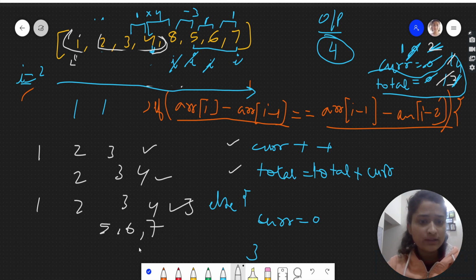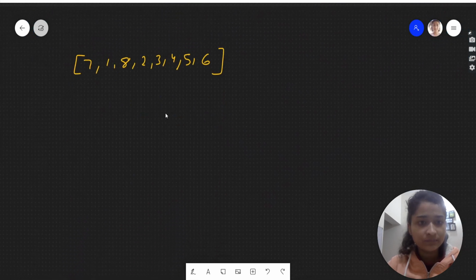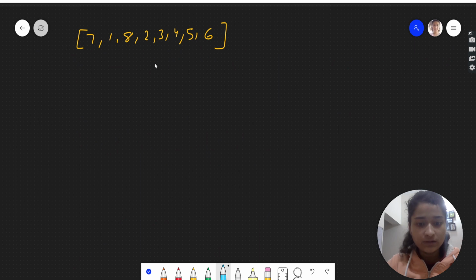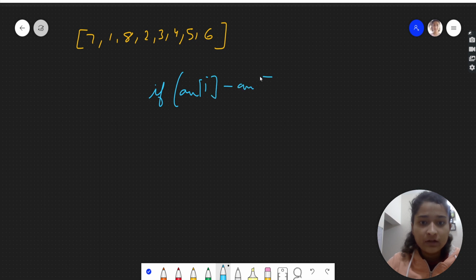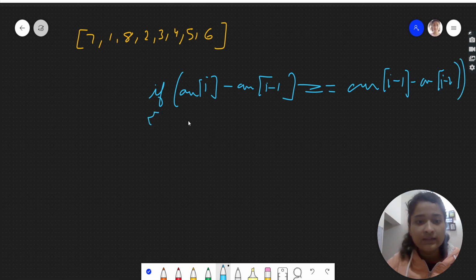I hope you understood this test case. Let's see one more test case to better understand. So let's take this test case. The condition was, I'll write it here: if ARR of I minus ARR of I minus 1 is equal to ARR of I minus 1 minus ARR of I minus 2, then there is a subarray formed.